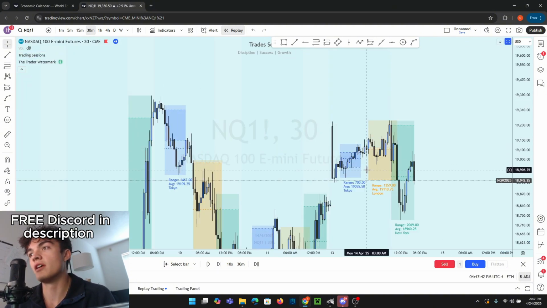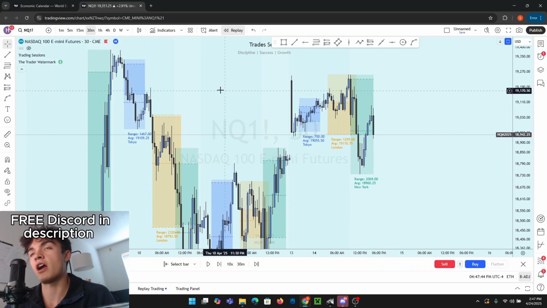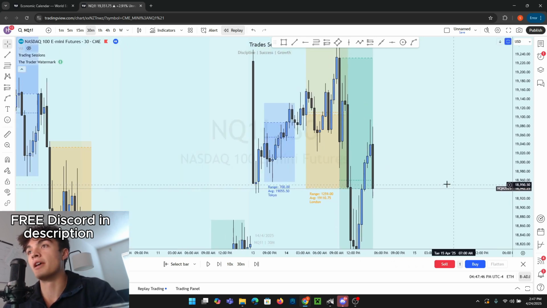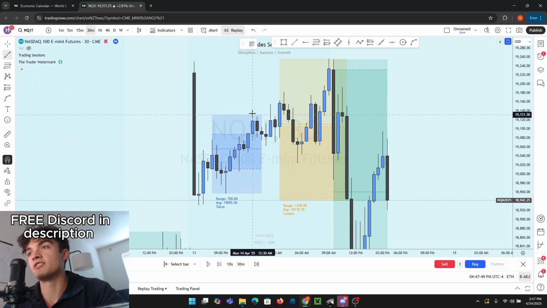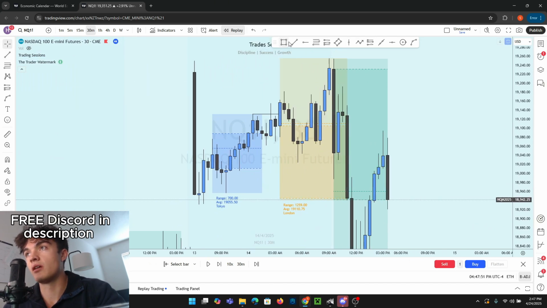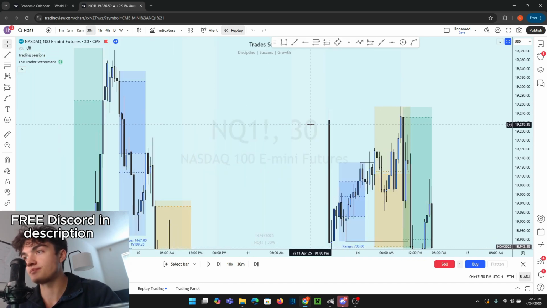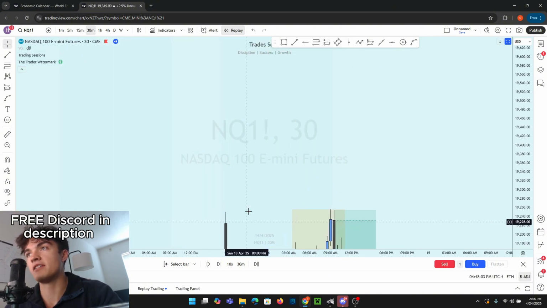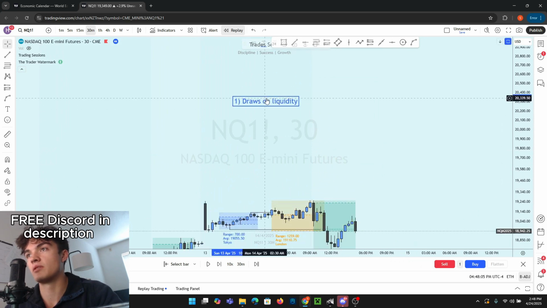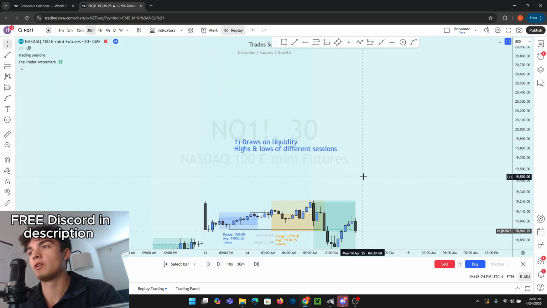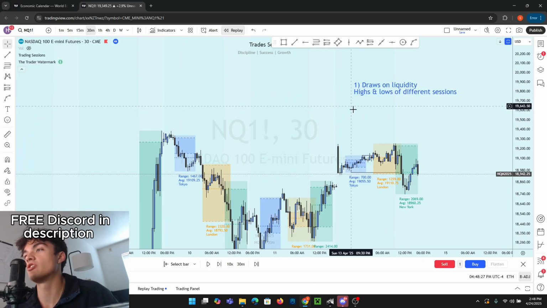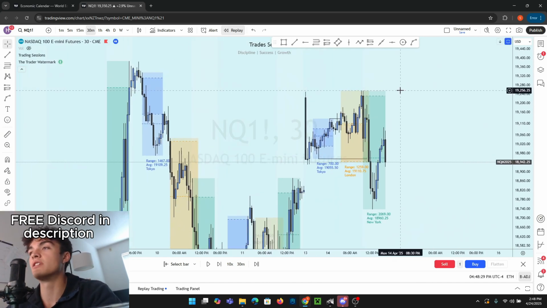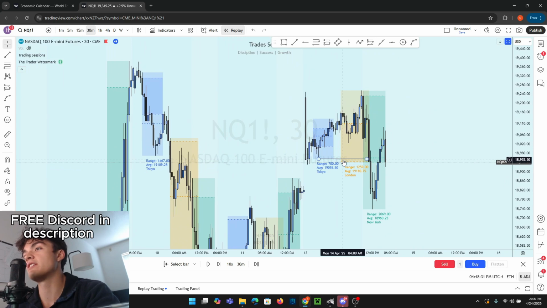Different draws on liquidity are highs and lows. Biggest draws on liquidity are session highs and session lows, right? So if you don't already have this indicator on your chart, I would add it. It's called trading sessions. It just shows you what trading sessions are. But boom, this is a draw of liquidity, right? Highs and lows of different sessions. Every single day you take a trade, you need to have a liquidity sweep or a confident draw on liquidity